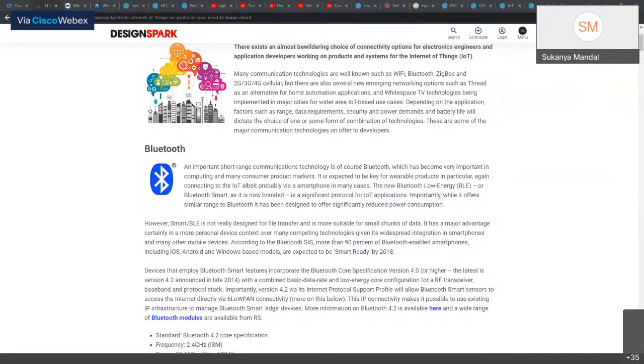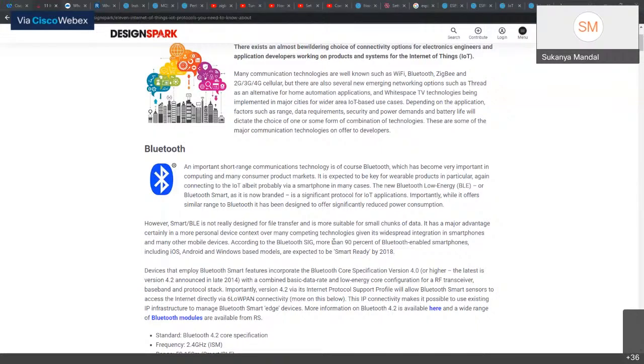So getting back to what Bluetooth is, of course, Bluetooth is expected to be in wearable products. Even your smart watches are enabled with Bluetooth, which tracks activity from your body and transmits it to your smartphones, right? So wearable devices, of course, are expected to be the key players of Bluetooth.